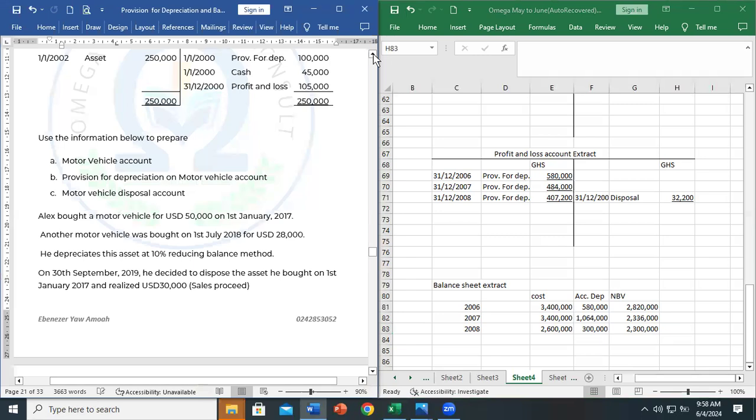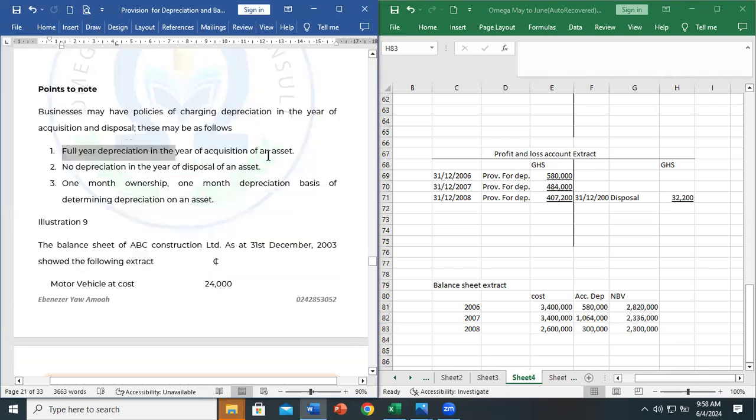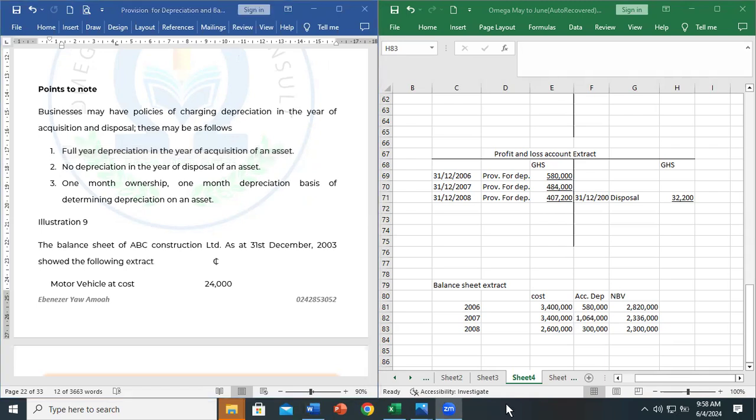So just so we prepare our mind, these are the policies. Some companies charge full year depreciation in the year of acquisition, no depreciation in the year of disposal. So we'll look at that, God willing, tomorrow. Let's end the class with questions, or if there are no questions,